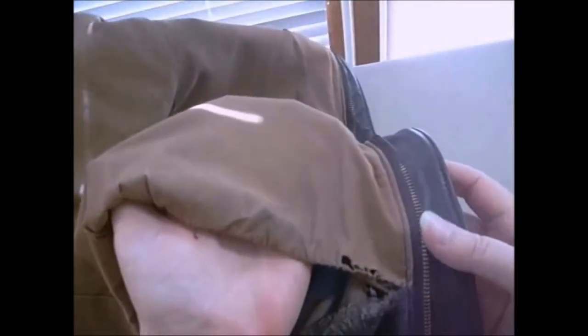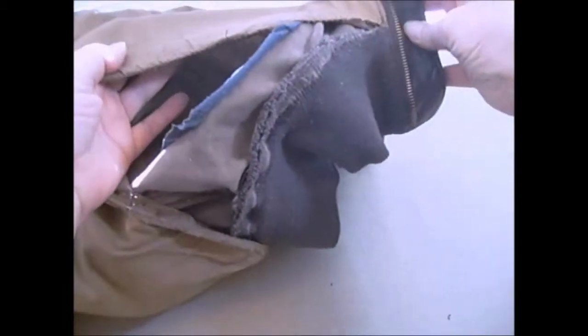And then I'm going to go back down here to one side of the zipper. That's because, you see, it's all released on the bottom at the waist ribbing, and we did our best at the top, as you saw at the collar, and I have decided to cut with the pinking shears approximately a half an inch away from that zipper. Why am I doing this? This is going to be the seam allowance that I'm going to attach the new lining to, so that I don't have to deal